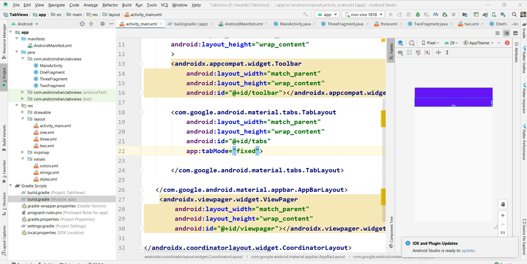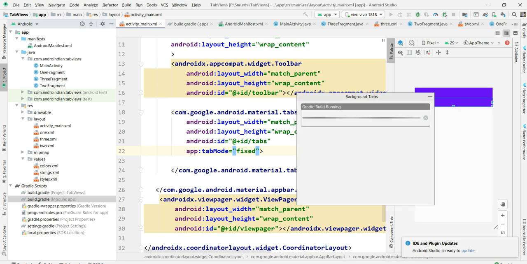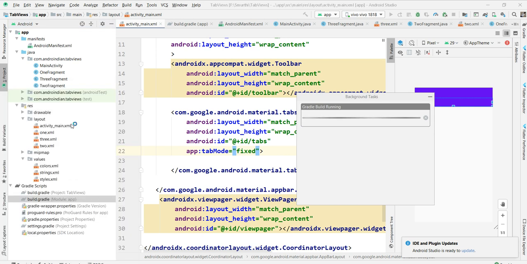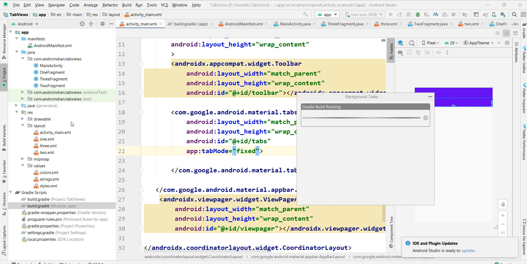Just a minute, it's still running this application. Meanwhile this emulator also needs to open; I already opened it. We'll see this output. Then after that, we'll change the fixed mode to scrollable mode, and I'll show that also, because sometimes we may create a large number of tabs, and that number of tabs should be controlled by this. So I'll show you both the fixed mode as well as the scrollable mode. This is very important. This is also one of the topics of our material design, and in material design it's a very important case that can be handled here.